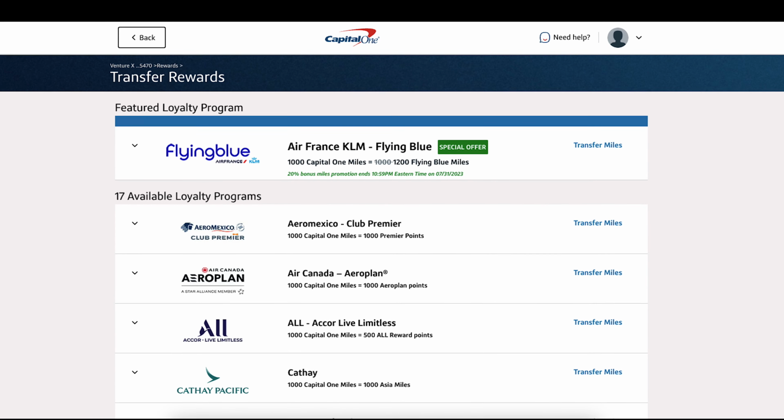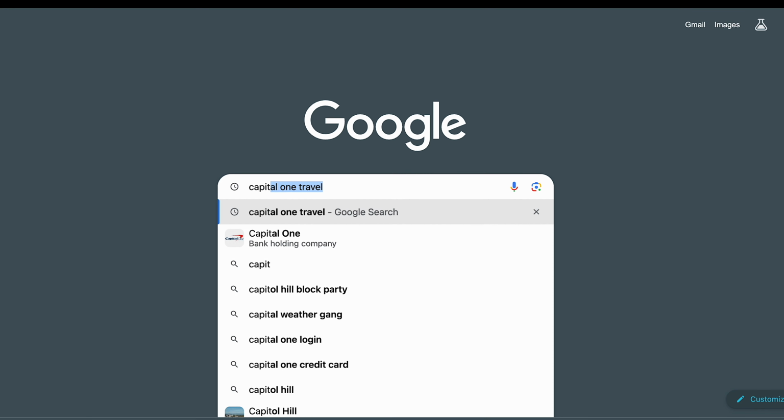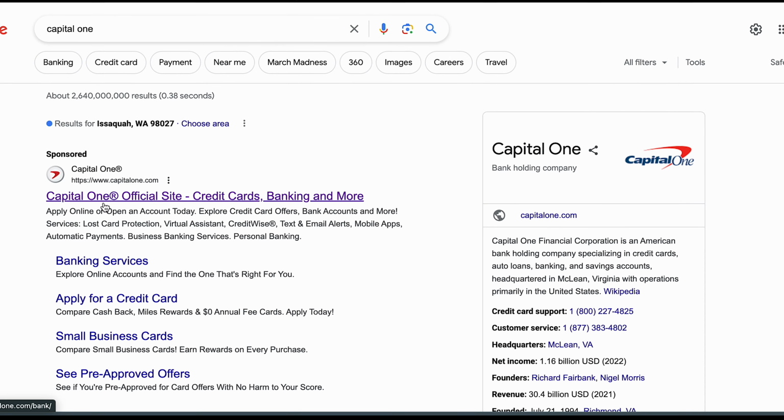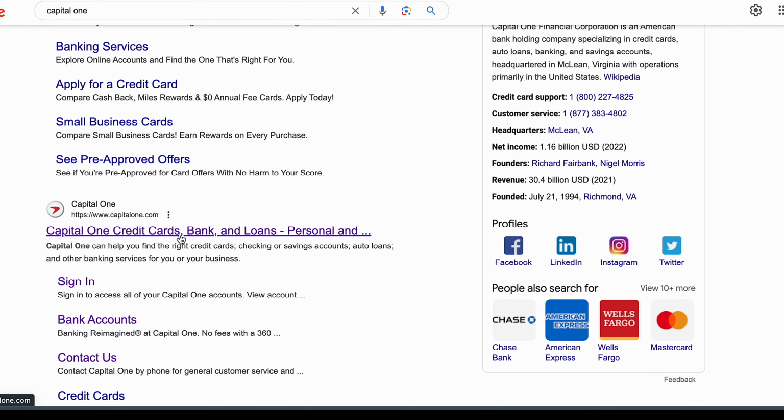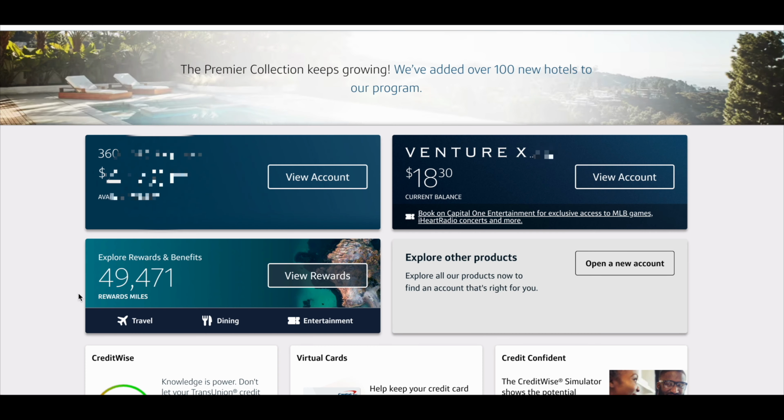So let's say you find that exact flight and now you want to book it. We need to go to Capital One and transfer the points to Air Canada's Aeroplan so we can book the flight. So we're going to go to the CapitalOne.com website, which is not the Capital One portal, just your regular Capital One website. Sign in to your card, and then we're going to go ahead and click travel,